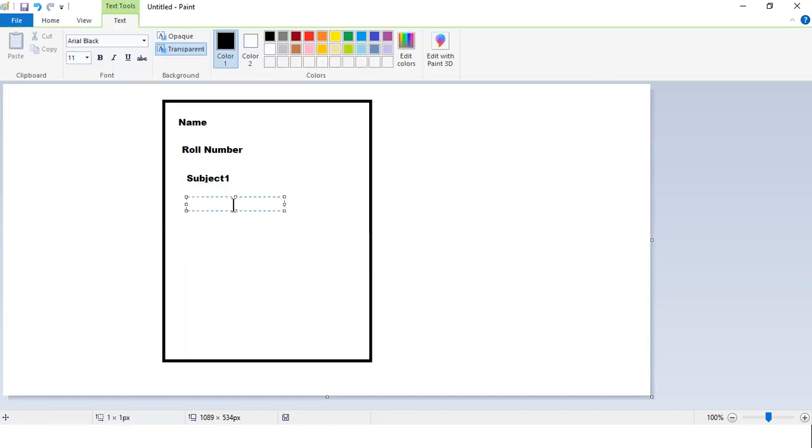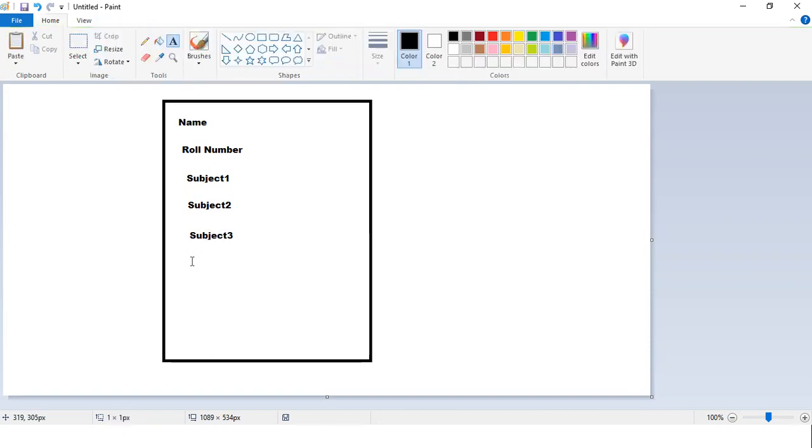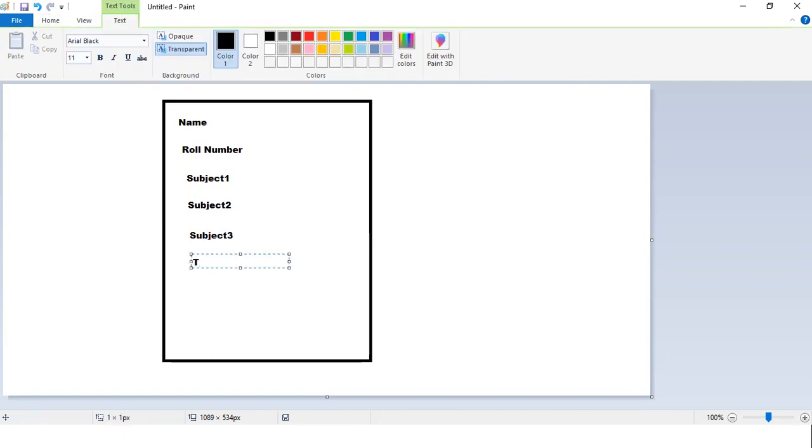Then I want to have one more, subject 2. Then subject 3. Then I want to show total value. So what you call the total marks I want to show, and then I want to show the average marks. So these I want to show.